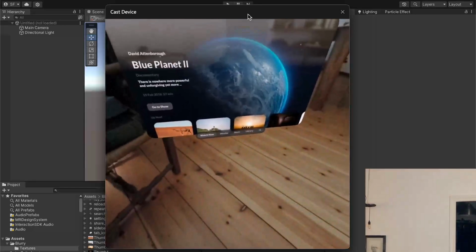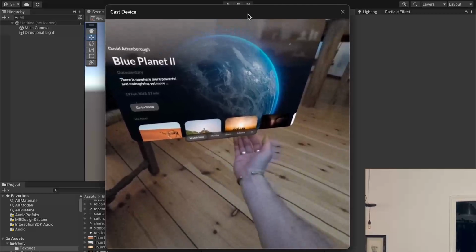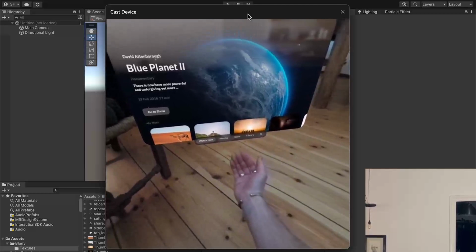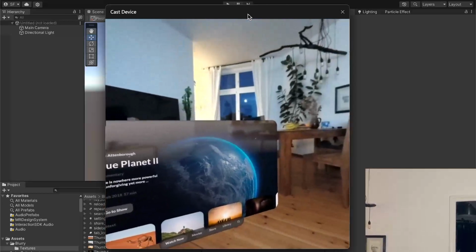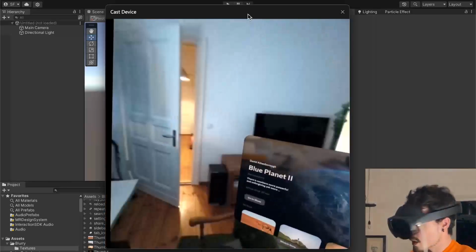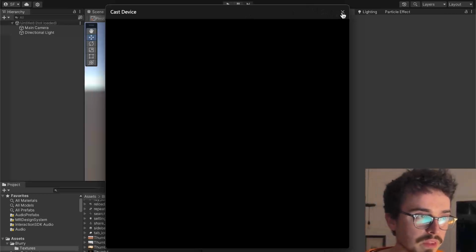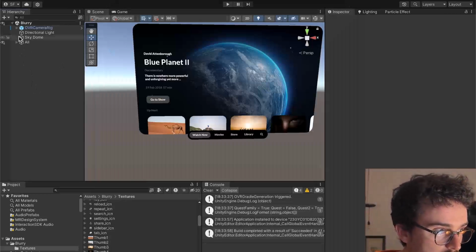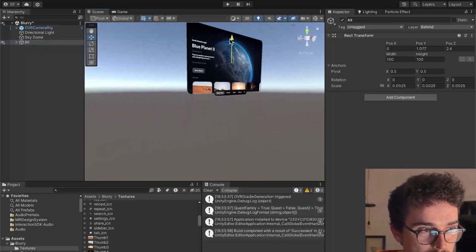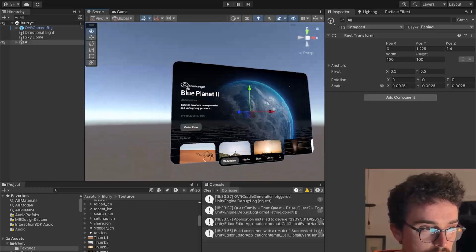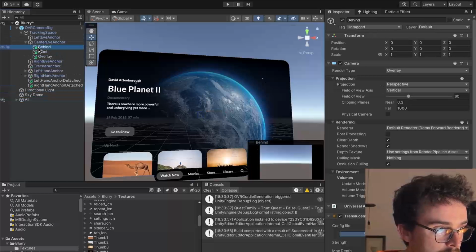And you see now that the back plate gets blurred from the front plate. That's what we want. Now we want to set a bit more blur so we don't see the details. I'm also gonna move the whole thing a bit up so I don't have to sit on the floor. Something like this. And if you want to tweak the blur, you have to go to the cameras behind